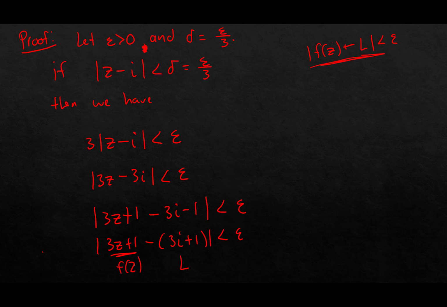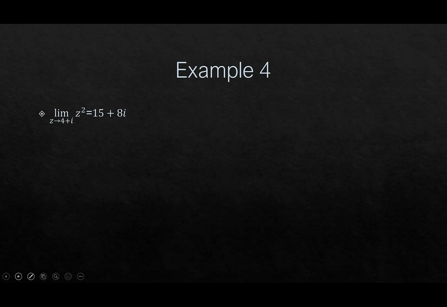Okay, that's our L. So we do, in fact, have the inequality that we want there. The absolute value of f of z minus L is less than epsilon. End of proof. Boom. So again, notice it works very similar to how it did back in real land or calculus land, but we've just complexified it a little bit. Okay, so let's look at, again, a similar example that we saw.